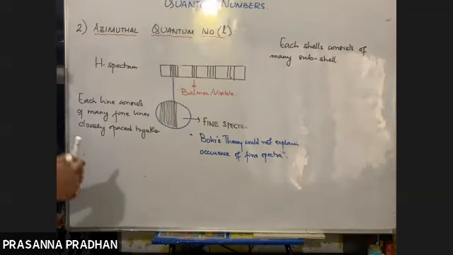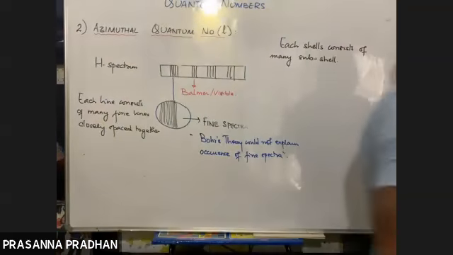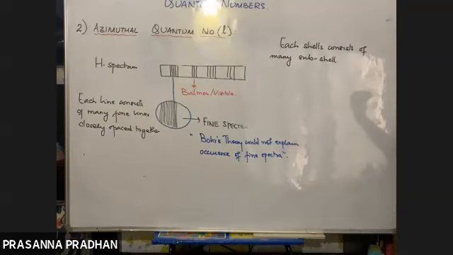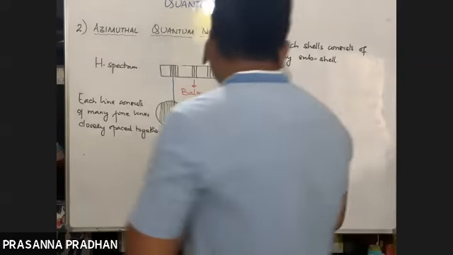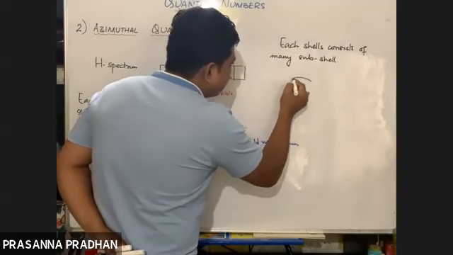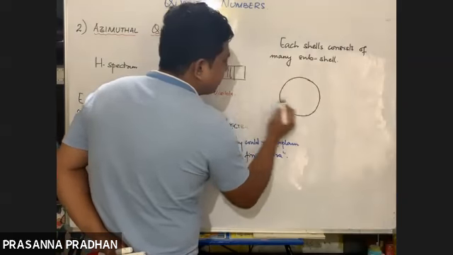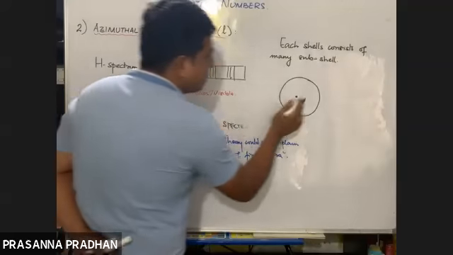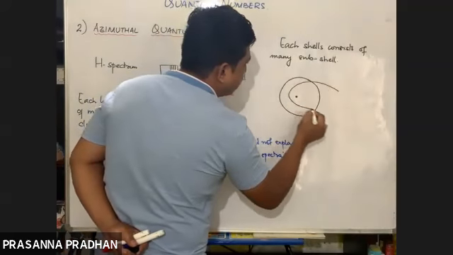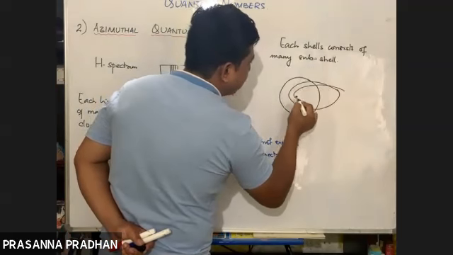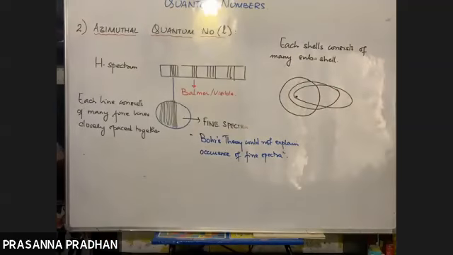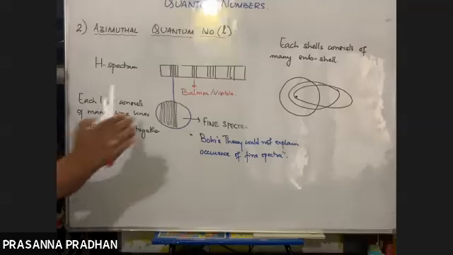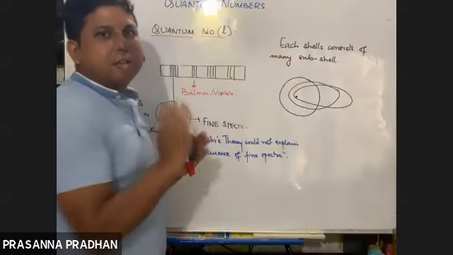Till now, we only knew the concept of shell, circular shell. So, Sommerfeld proposed that in addition to circular orbits, there are elliptical orbits as well, which are known as subshells. For example, if this is a shell, this is the nucleus. He proposed that each shell consists of many subshells. What is the geometry of the subshells? It is elliptical like this. So within a shell, there are many subshells.